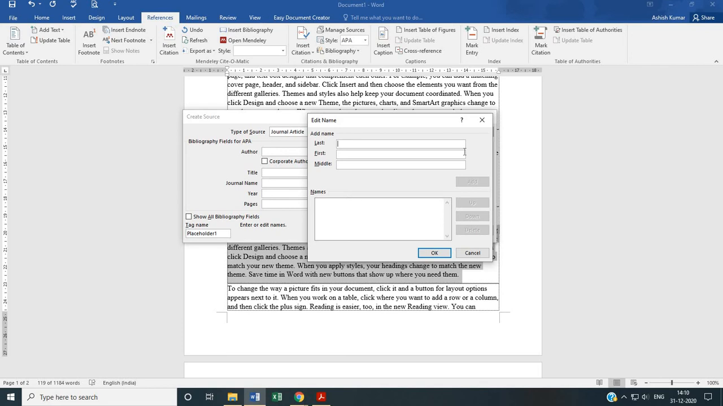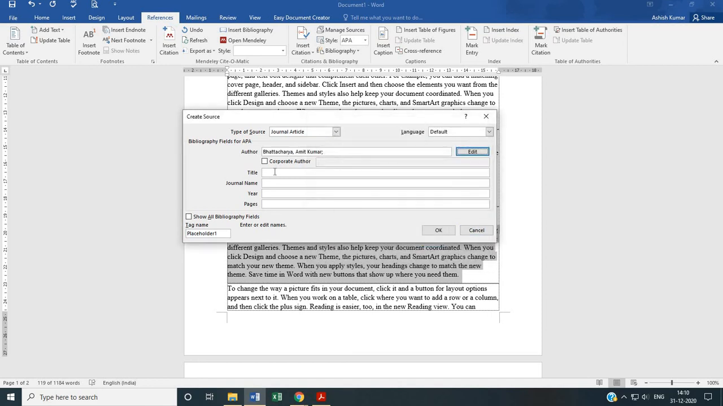and give the last name. Suppose this time it is Bhattacharya and Amit Kumar Bhattacharya, only a single author. I click OK. Title: Study of fencing style